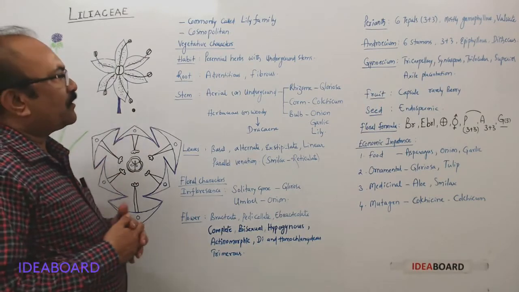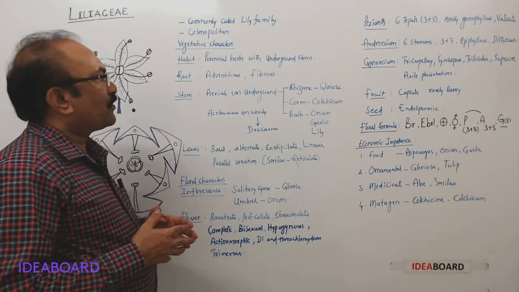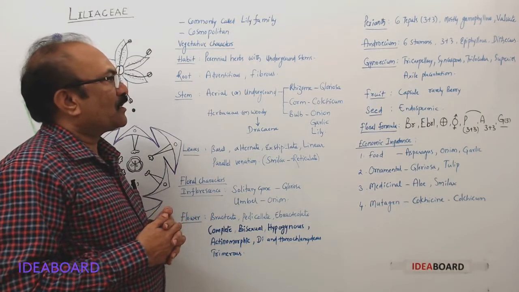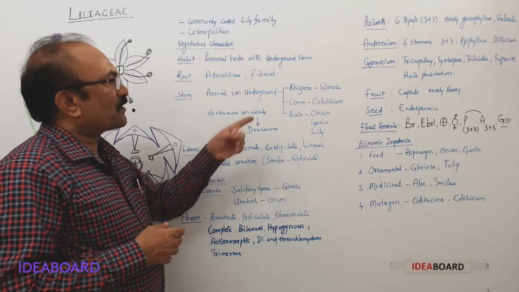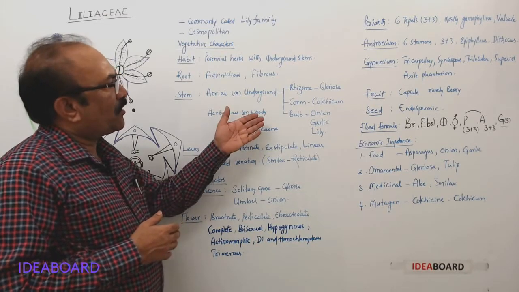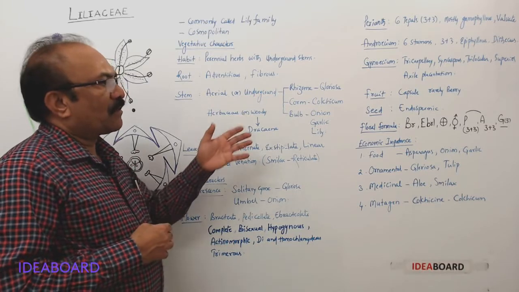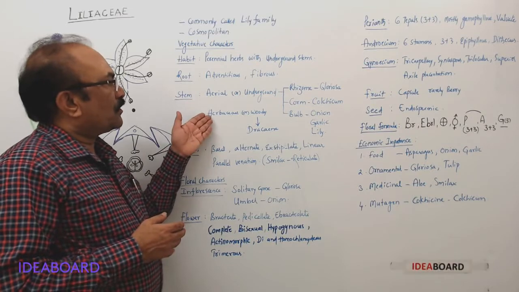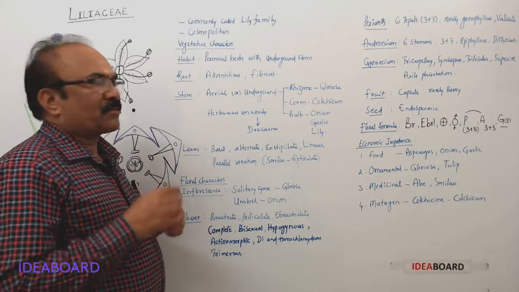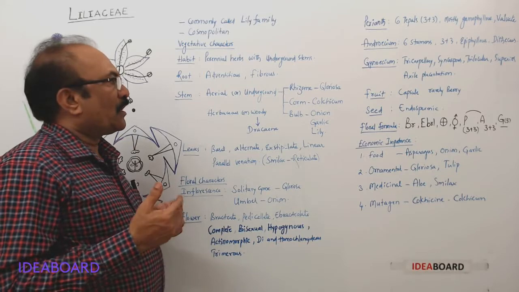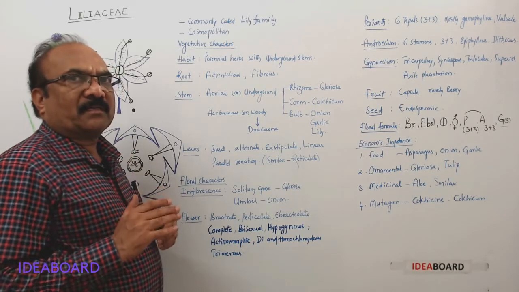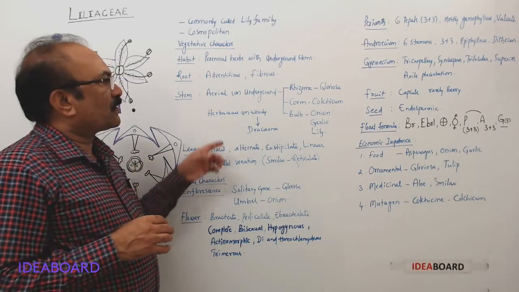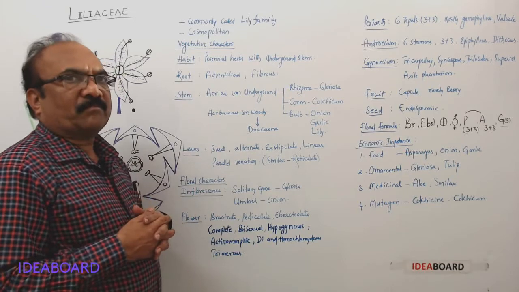The stem may be aerial in very few, and it is underground in some. This underground stem may be a rhizome, as in the case of gloriosa, a corm type of underground stem, as in the case of colchicum, and a bulb, as in the case of onion plant, garlic plant, and lily bulb. The stem may be herbaceous, meaning soft stem, or it may be woody due to secondary growth. Of course, remember that monocots should not show secondary growth, but you will find anomalous secondary growth in Dracaena that belongs to this family.